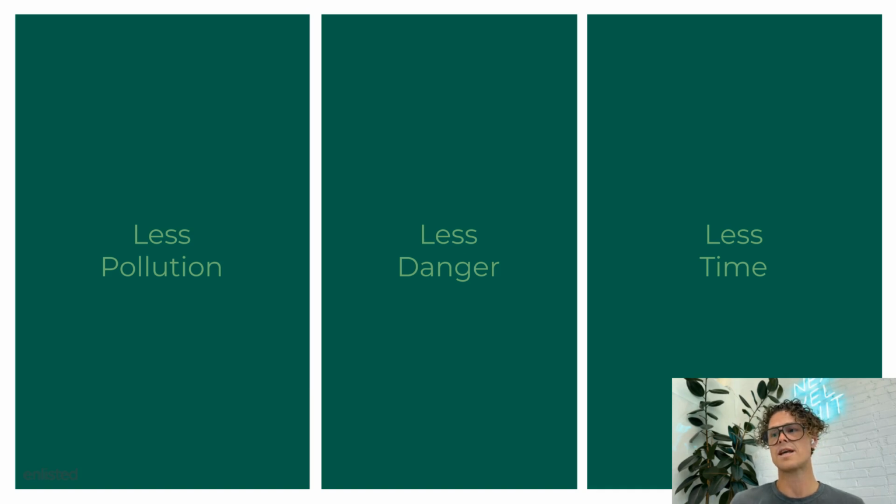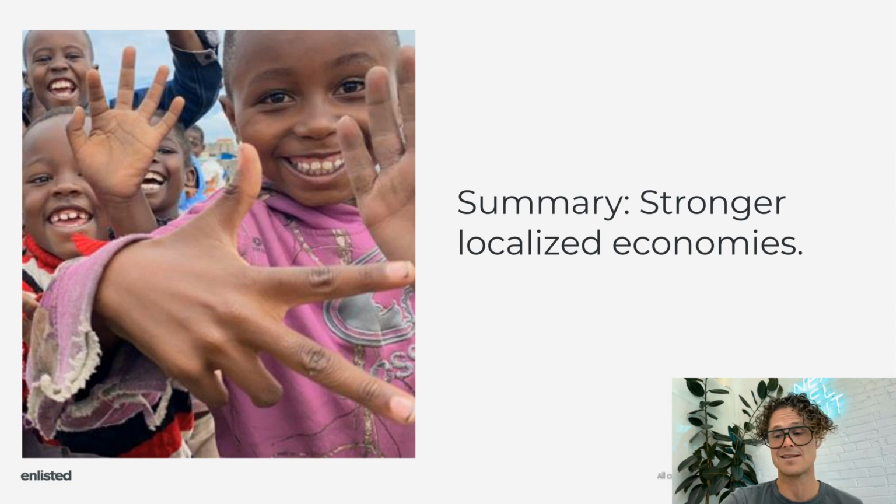We love working on these projects with lowercase capital with Chris Saka and his team to really change the way that we produce products and produce brands that are going to resonate with consumers who need it the most. And that is absolutely what EcoSofty does for the Kenyan market. So it's less pollution, it's a less dangerous heat source, and then it takes way less time to cook,